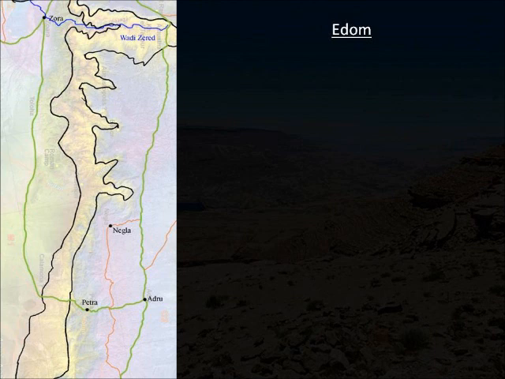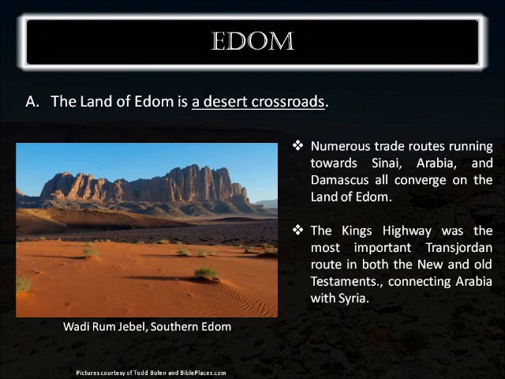So let's talk about the 3 take-home points for the land of Edom. So, our first take-home point about the land of Edom, and you could probably have already guessed this from the way that we did our map, is that the land of Edom is a desert crossroads. That there are many roads going through Edom, but not necessarily to have Edom be the stopping destination. As we had said a little earlier, Edom is the kind of place you travel through, but not necessarily the kind of place you travel to.